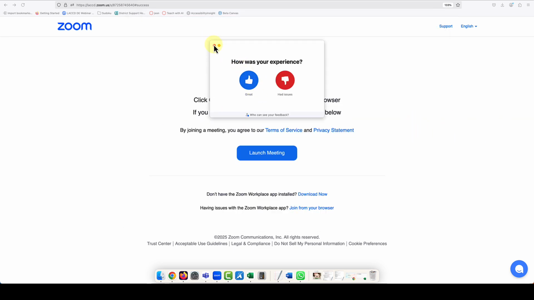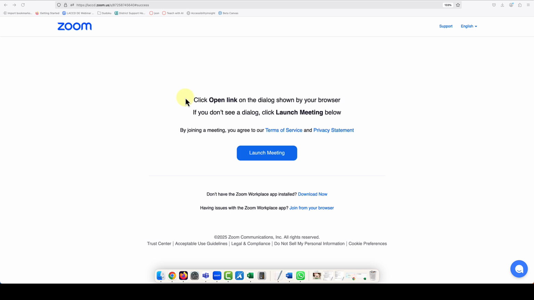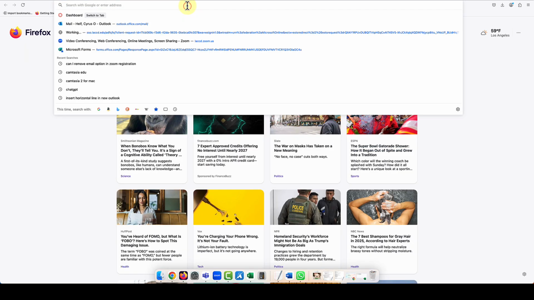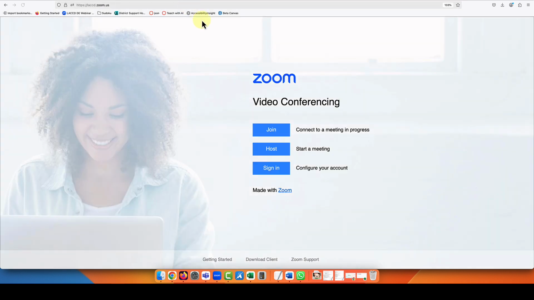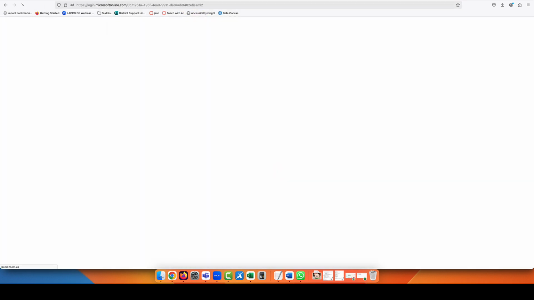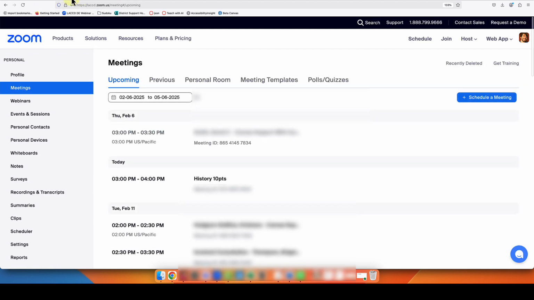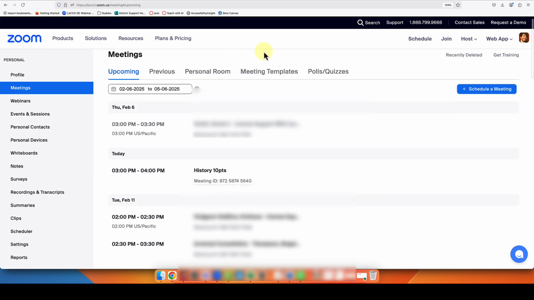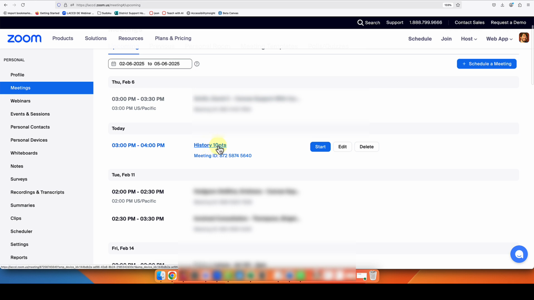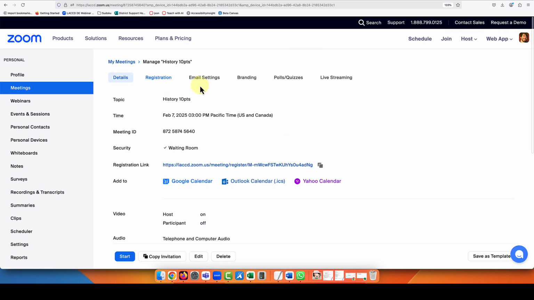And now that the meeting's over, I want to check attendance. And this is actually a step you can do right before or even during the meeting or at the end of the meeting. If you want to take attendance during the meeting, you can actually go to your Zoom account, which is going to be at laccd.zoom.us, and you can sign in, and as long as you have Canvas open on one of the tabs, it'll automatically sign you in. You can click on the meeting